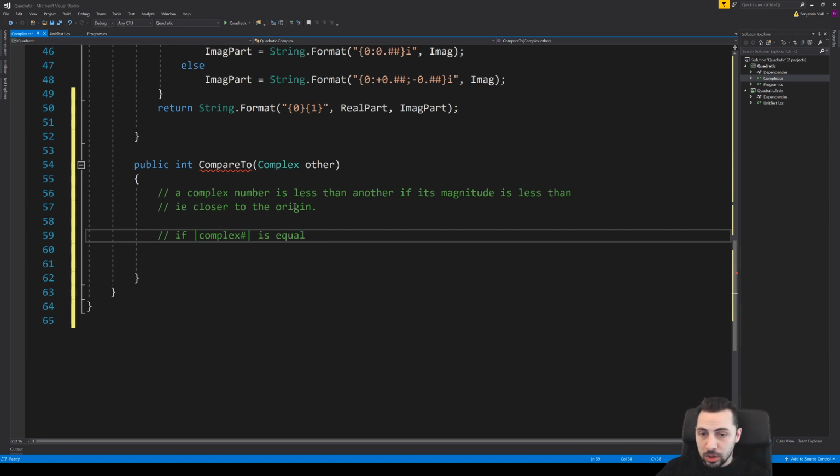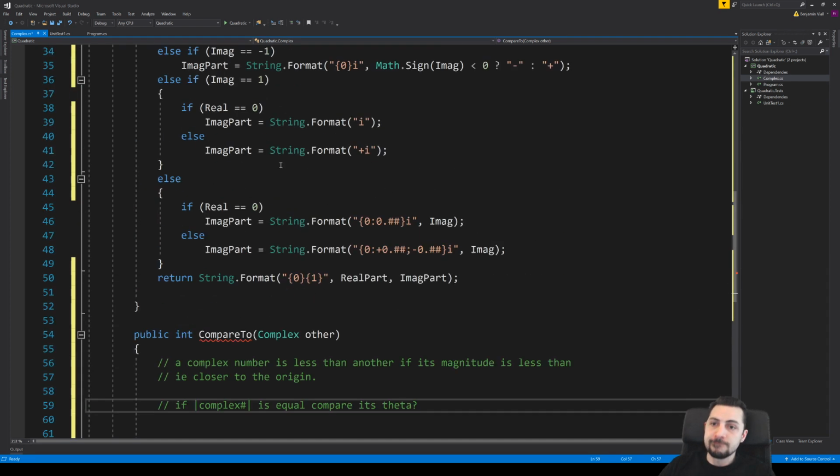If it's equal, compare its theta. So if it's at 0 degrees, that would be considered less than if it was at 180 degrees.